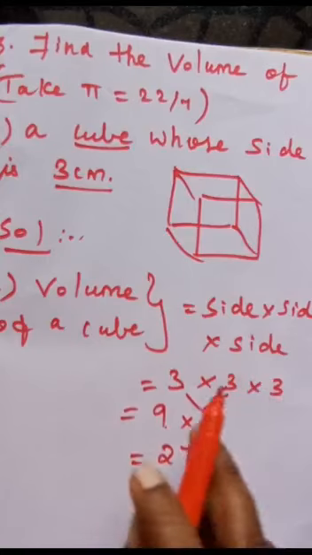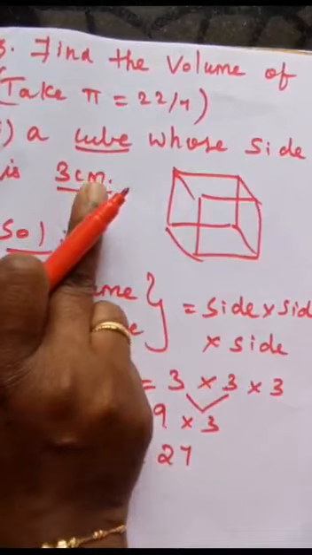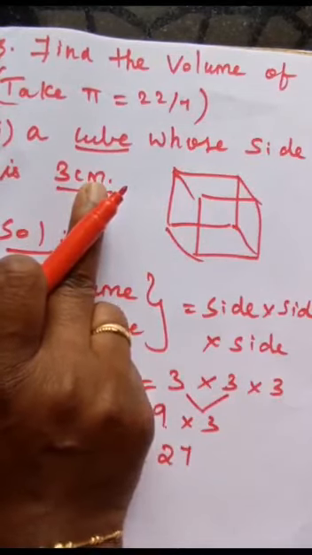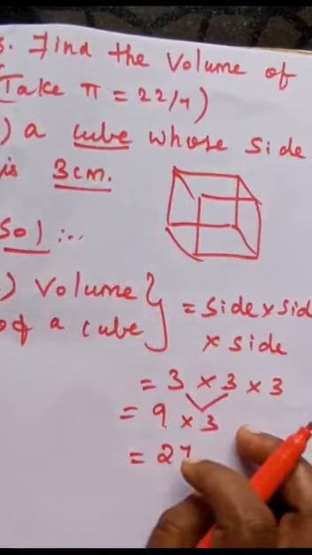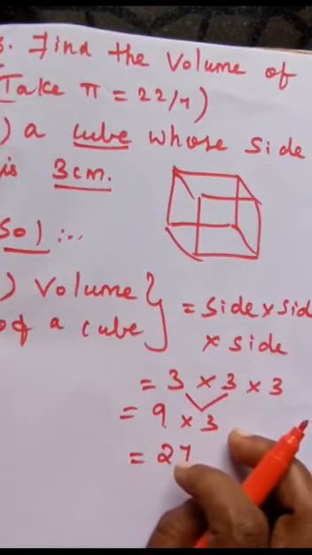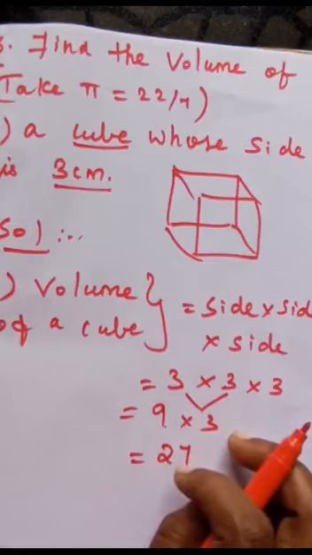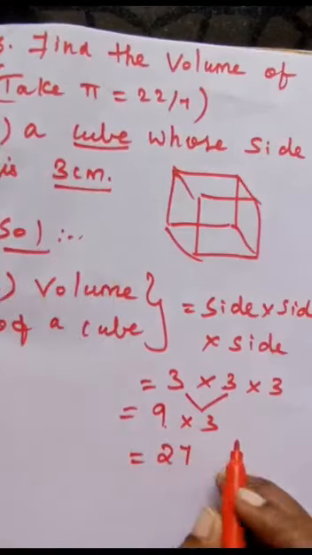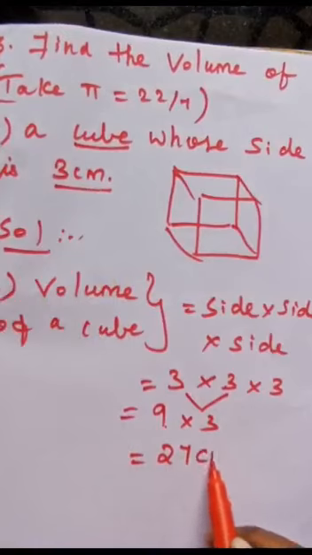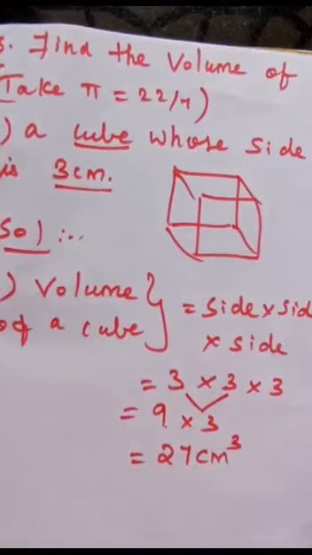27. And here the unit for the side of the cube is given in what? Centimeter. When the unit is given in centimeter, you are supposed to mention the same unit, right? If it is given in meter, while writing the final answer, you have to write the unit in meter. If they have been given in centimeter, you should follow the same centimeter unit, isn't it? Here, centimeter cube. Volume of a cube is given, right?